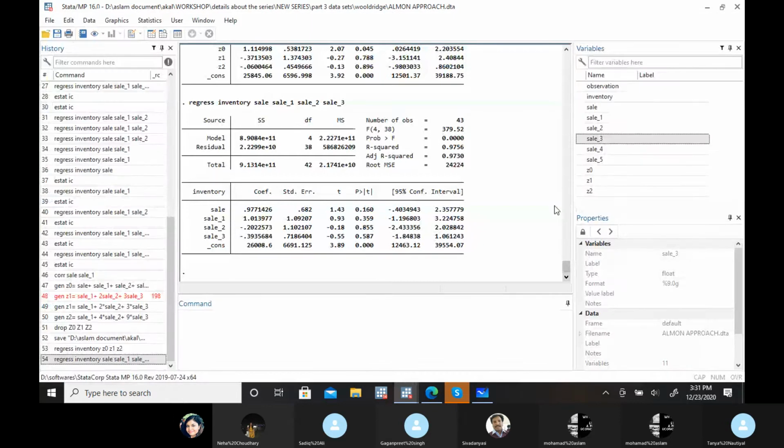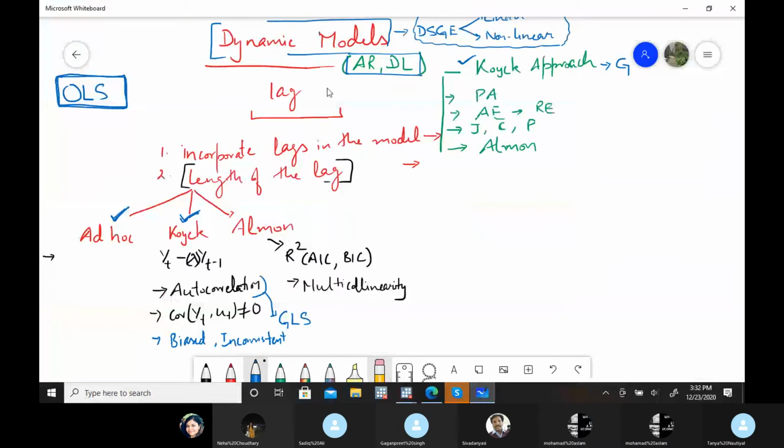First I am dealing with the second question, length of the lag, that is, how we decide how many lags we have to take with Almon's approach. In Almon's approach, this is a model selection criteria approach.